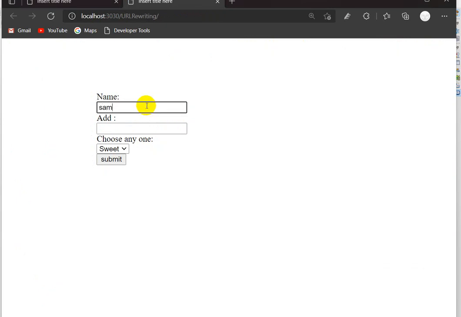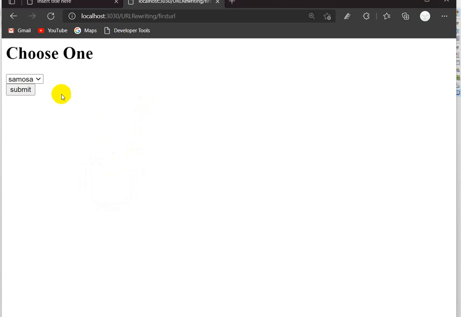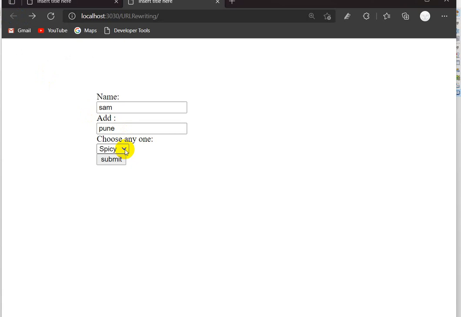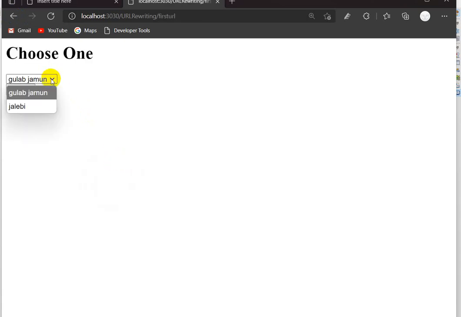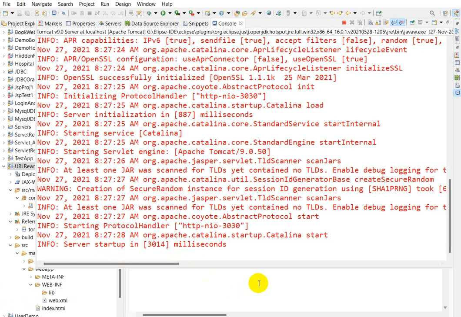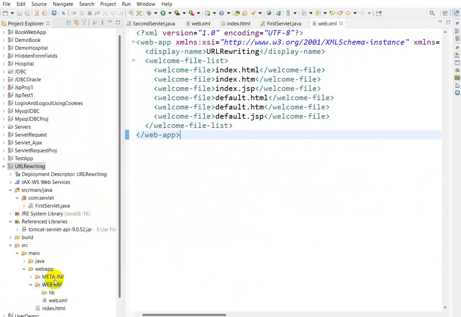Here the name is Sam and the address is Pune, and choose anyone, sweet or spicy, submit, and here we go, samosa and paneer. Then if we go back and choose sweet, submit, here we will get gulab jamun and jalebi. So if we go here and in the index.html,